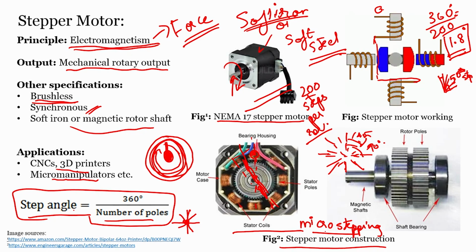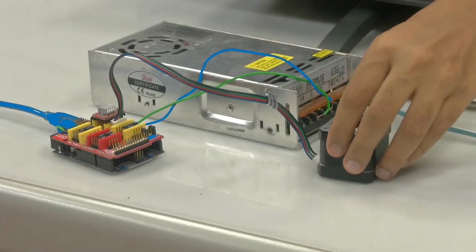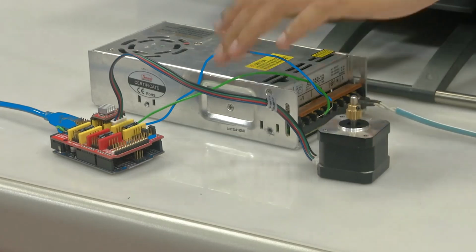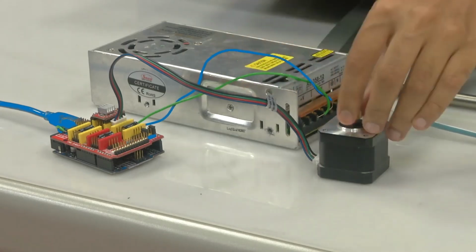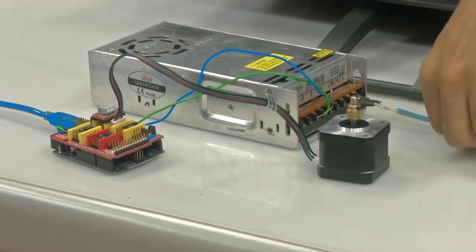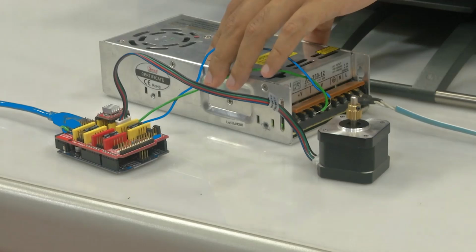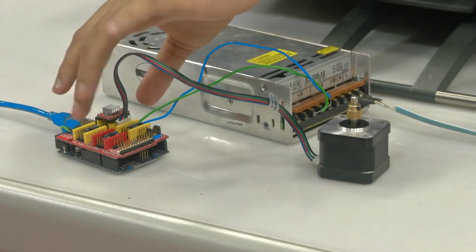Now we will see the working of the stepper motor. You can see the stepper motor over here, correct? This is the NEMA 17 stepper motor and I have got an SMPS here. This stepper motor requires a 12 volt power supply to work, so I have connected an SMPS that can provide an output of 12 volt, and it goes to a